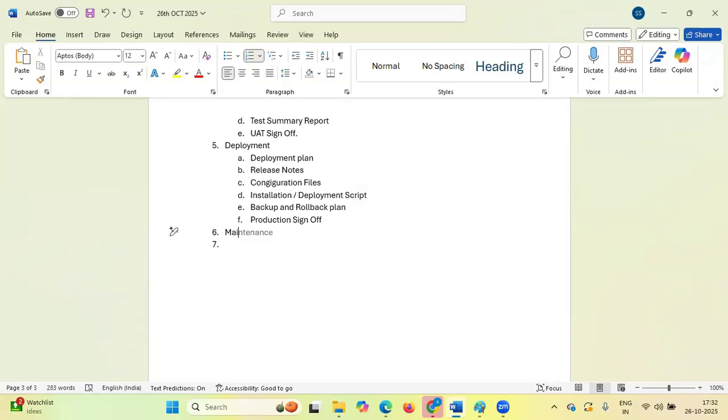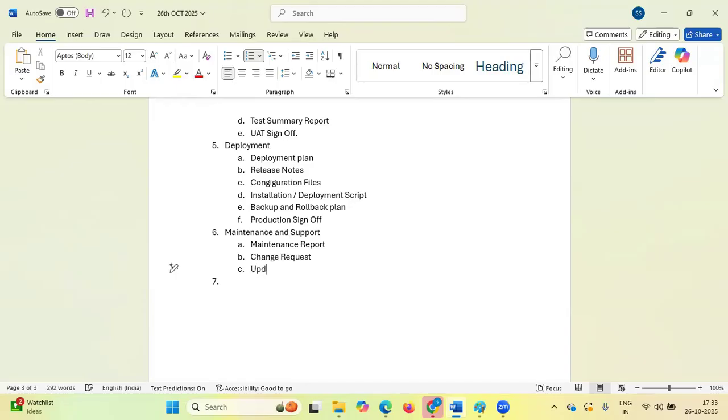Maintenance and support. In the maintenance phase, basically what we do is create the maintenance report, correct? Then change request, correct?